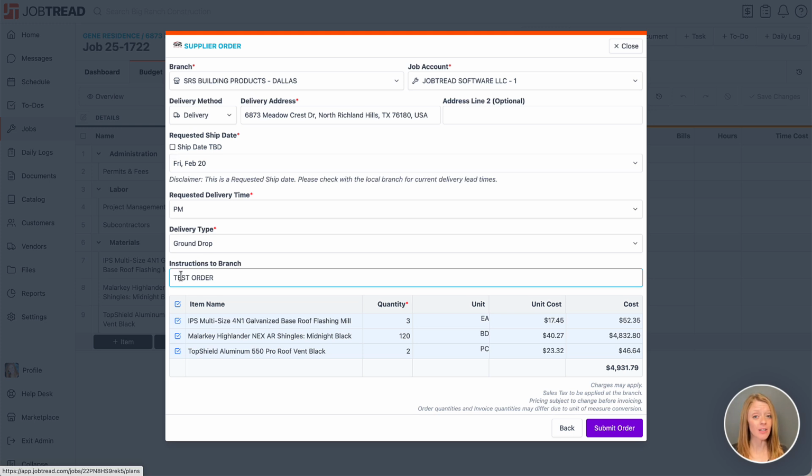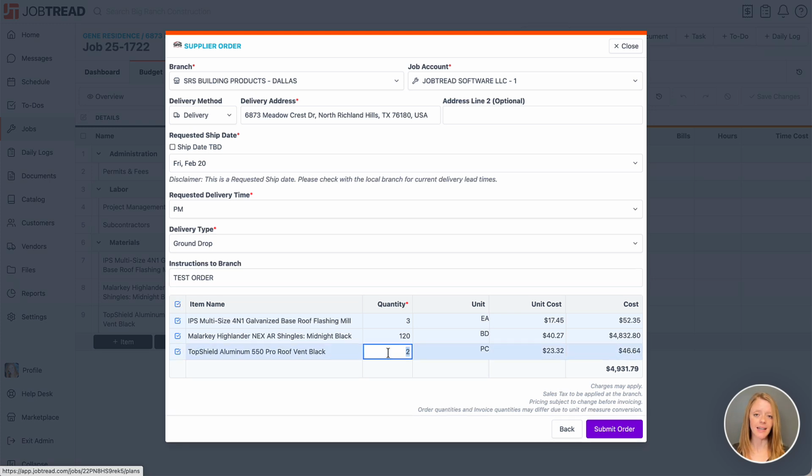Now, all budget items that were originally added from the SRS Global Catalog will be listed, and those that have been approved through a customer order are pre-selected. So we can further select and deselect any items for this order, and then we can verify and edit the